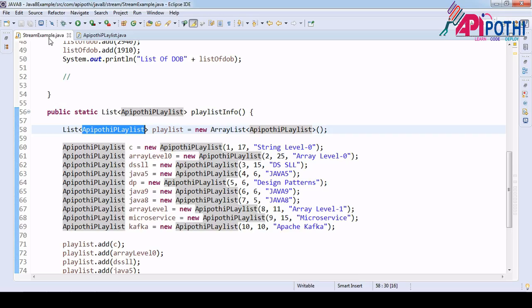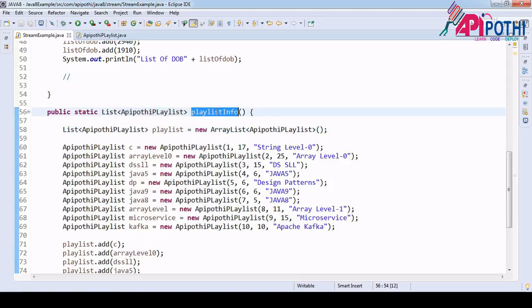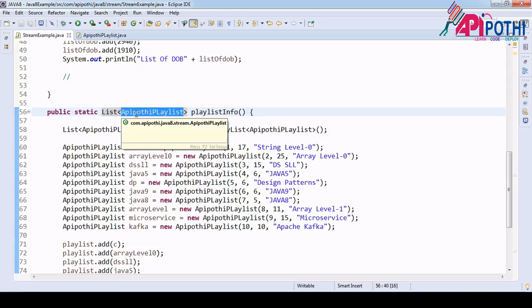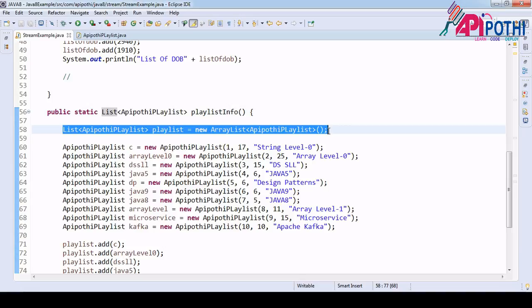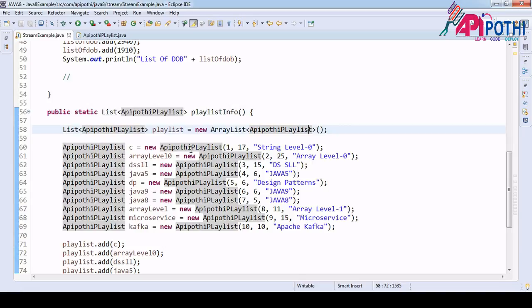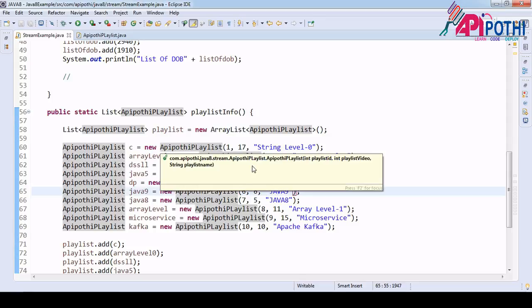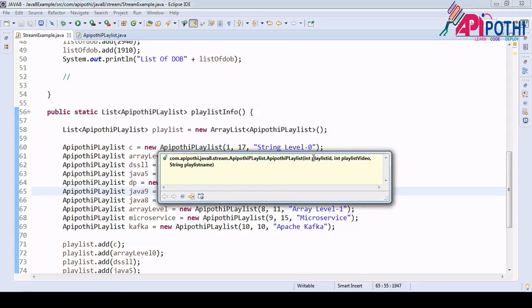With respect to that, I have created one method called playlist info, which returns a list of the APIPothiPlaylist Java class. Here I created playlist objects which hold the playlist, meaning 1, 2, 3. This is the constructor which holds the playlist ID, the number of videos inside the playlist, and the name of the playlist.